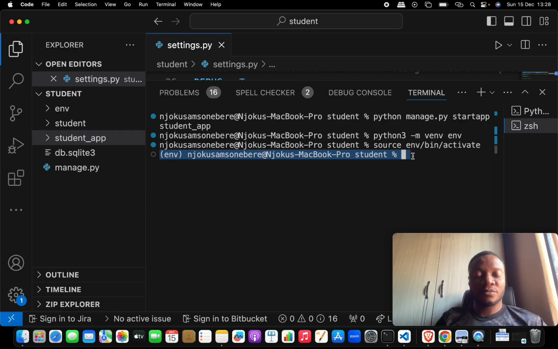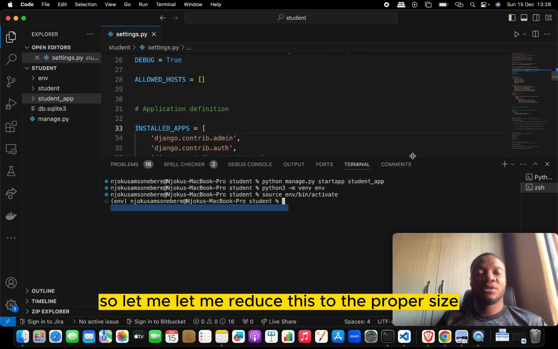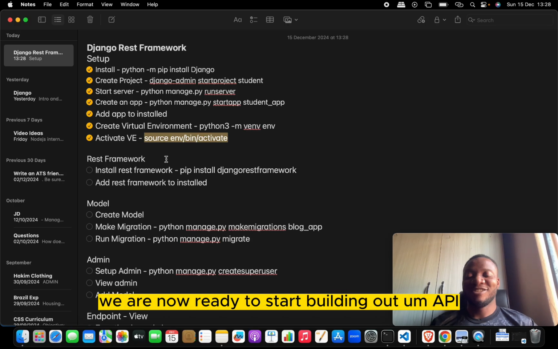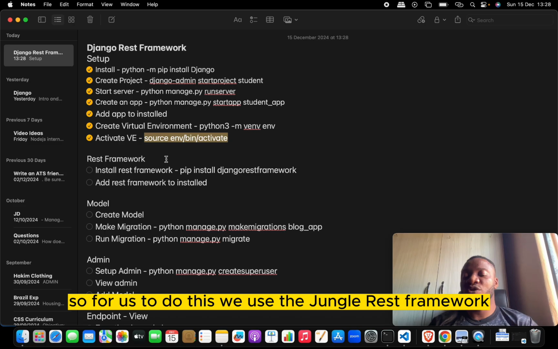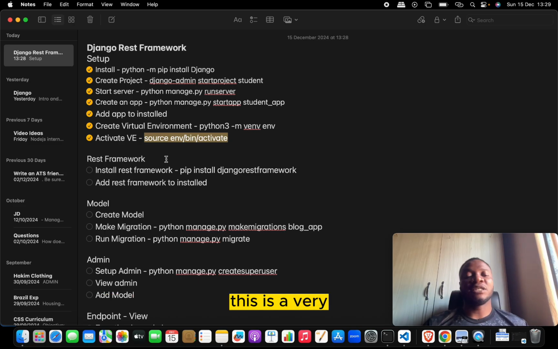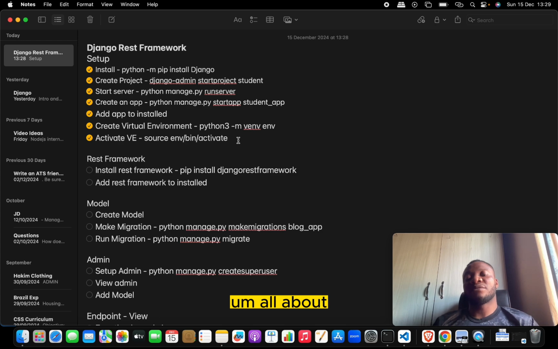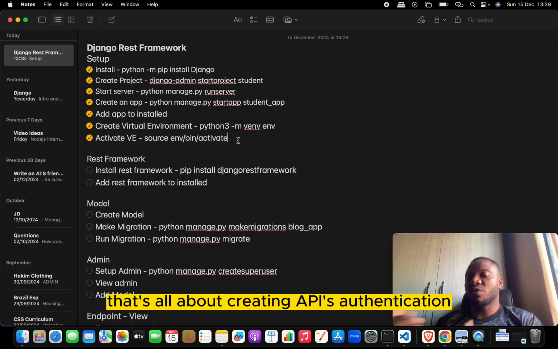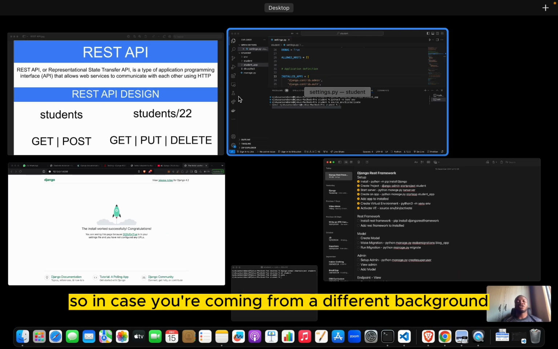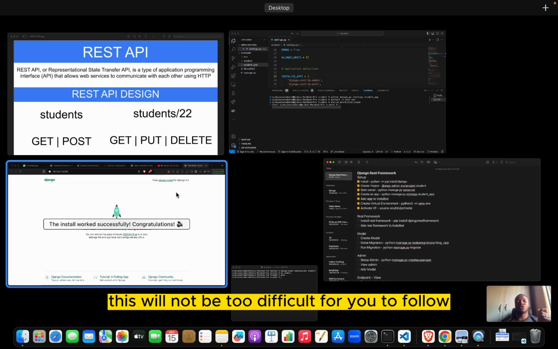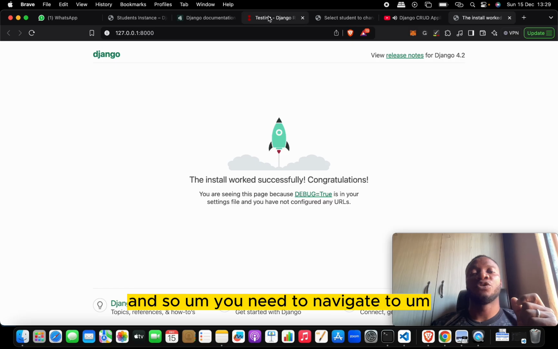All right, that is it. Let me reduce this to a proper size. Now that we have this activated, we are ready to start building out APIs. For this, we'll use the Django REST framework. This is a very powerful framework for creating APIs, authentication, permissions, and all of those good things. In case you are coming from a different background, say Node.js, this will not be so difficult for you to follow. And so you need to navigate to